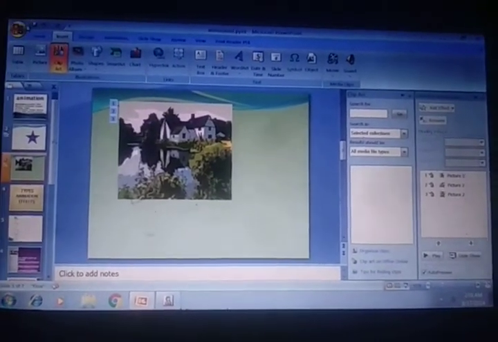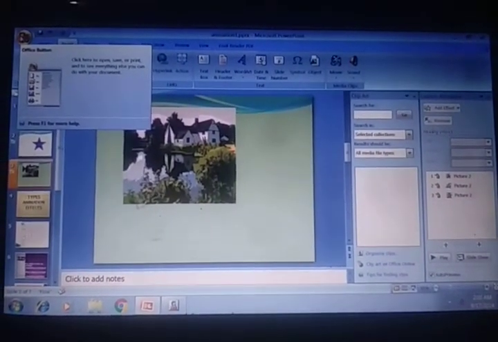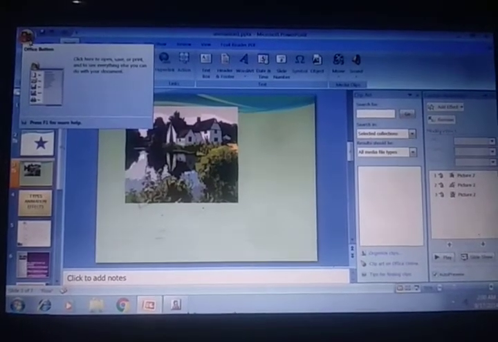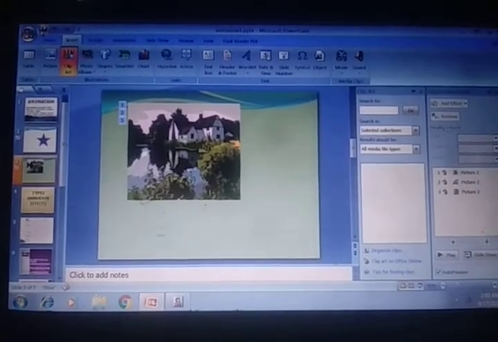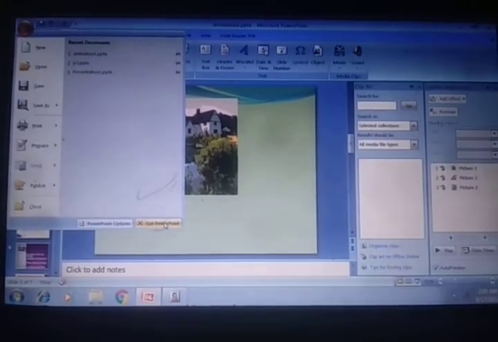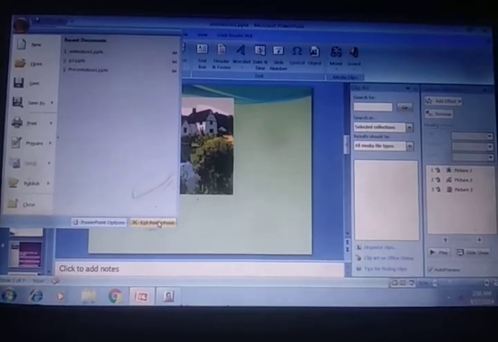Then you can press Alt plus F4 key to close the PowerPoint. Okay, or exit from the PowerPoint. Alt F4 is a shortcut key to exit from PowerPoint or any software.